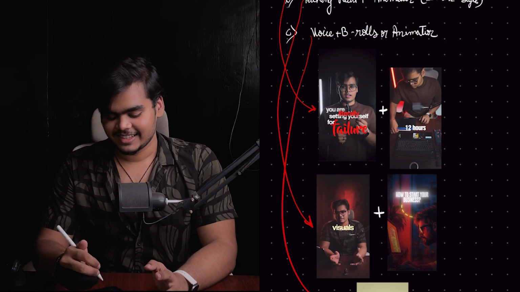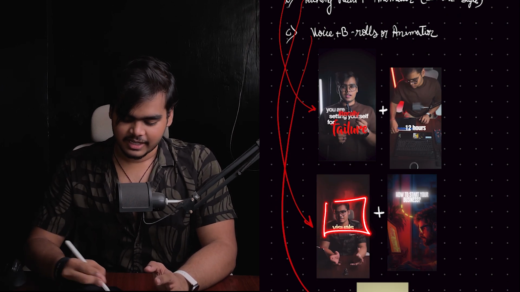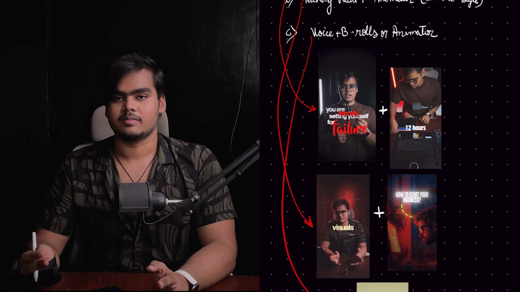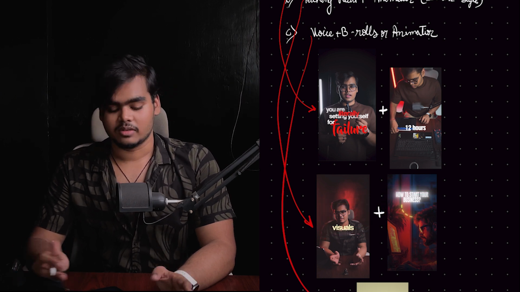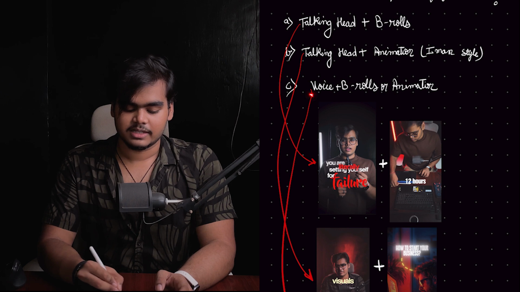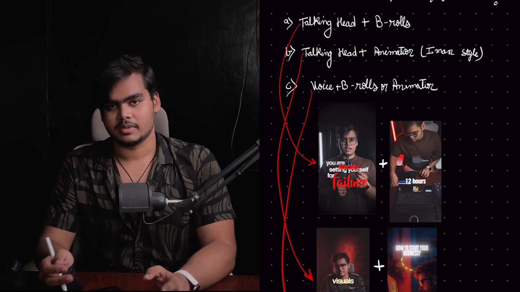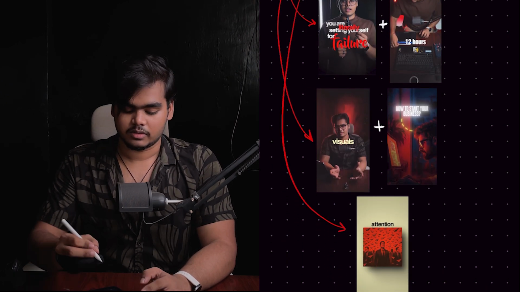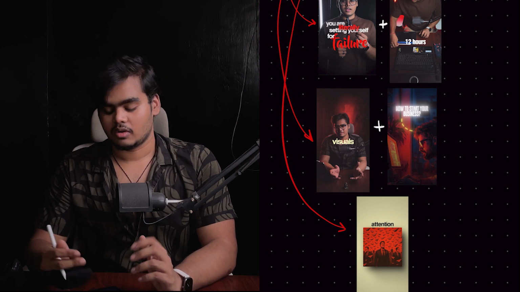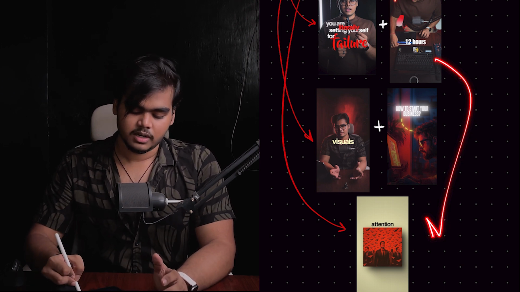I've also done that. So as you can see, this is the talking head and this is the animation that you can do in between, instead of the b-rolls. And finally, the third style is voiceover plus b-rolls or animations, the current style that I'm doing. So this only has your b-rolls or your animations. You can also use b-rolls here if you want, or you can do voiceovers with animations. Obviously, in both cases animations will take you more time than b-rolls. So if you don't have time, go with the b-rolls option, because animation will take time.